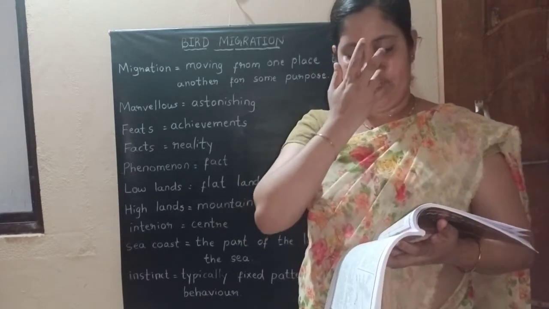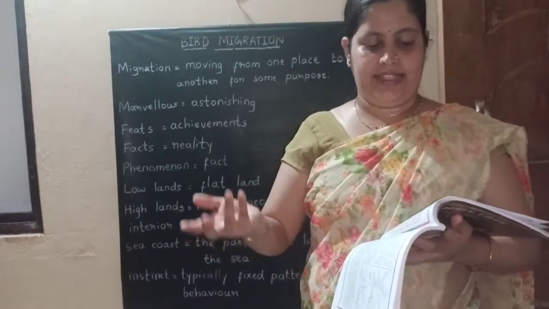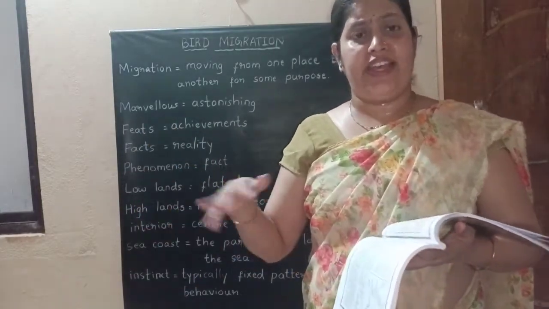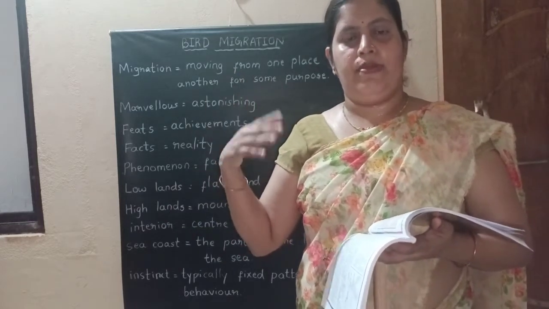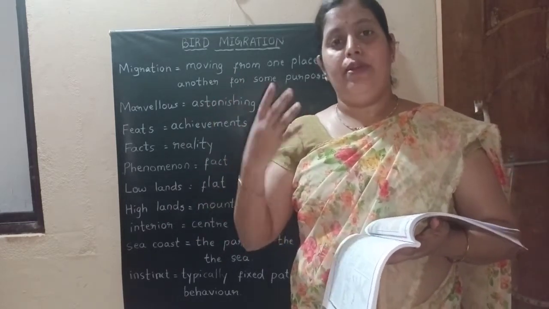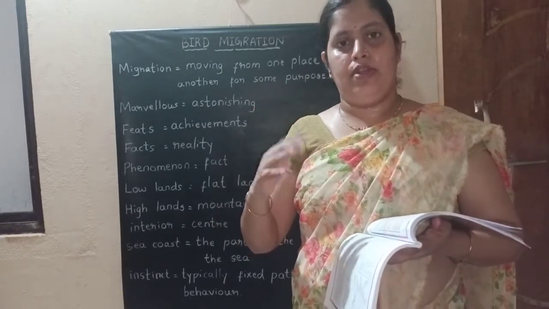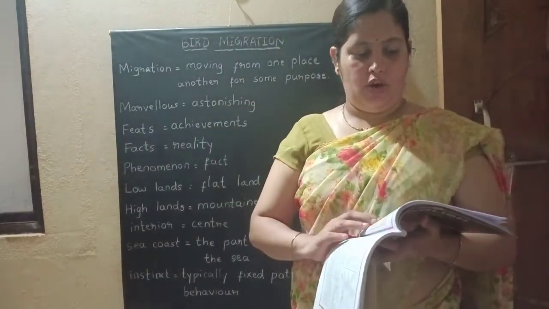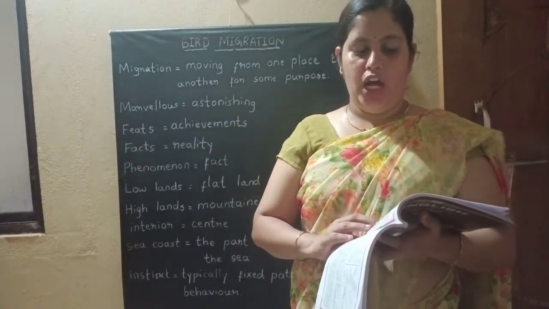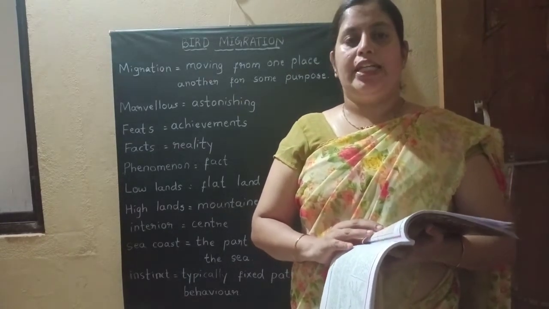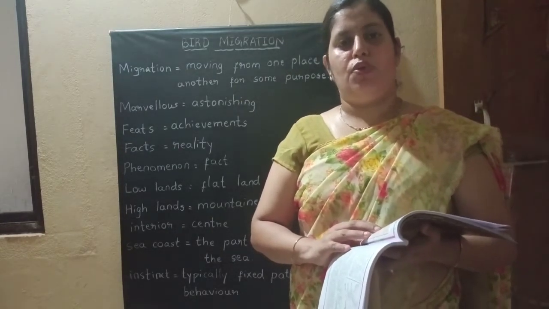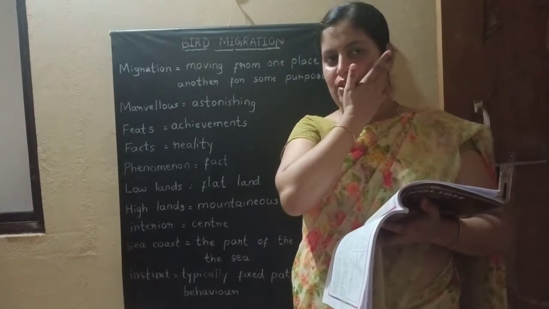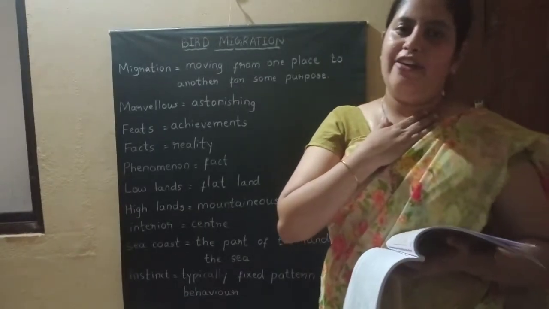So there are some words: amphibious, aquatic, caged, cold-blooded, domestic, endangered, furry, horned. There are different words to describe birds and animals. So what are the words you use to describe birds and animals that you have to discuss with your parents, children? What are the birds commonly seen in your locality? You have to write the names of the birds which you have seen in your locality. Why do you think birds migrate? So what are the reasons for migration of birds?